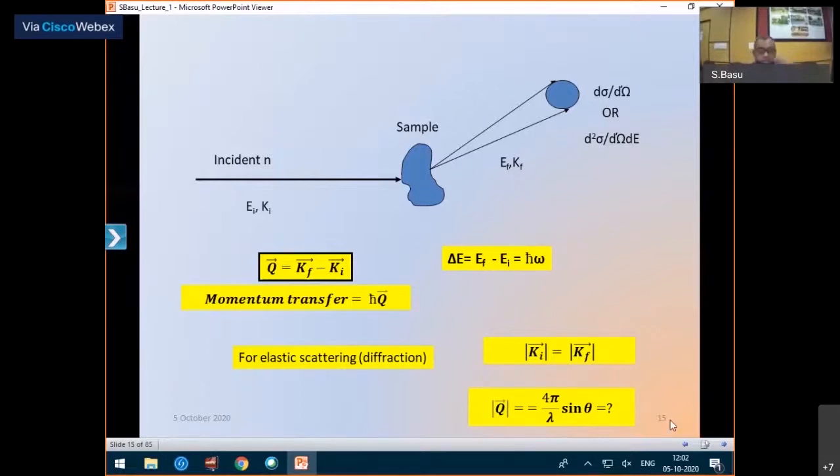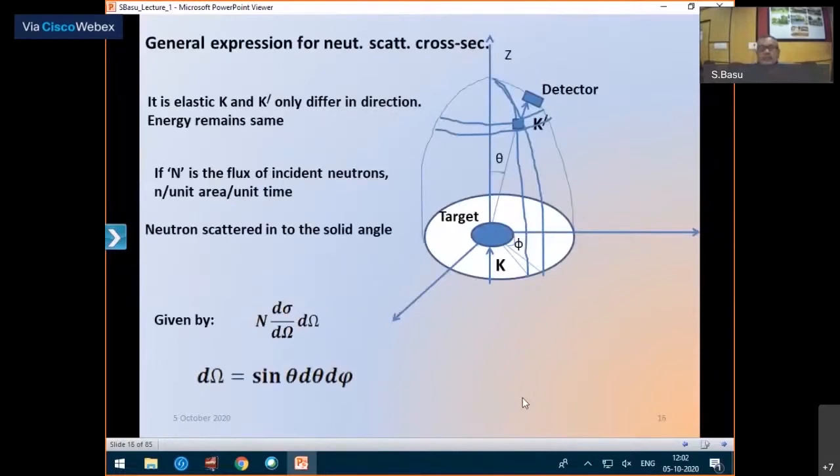So let me try to derive a general expression for the neutron scattering cross section. It is elastic, so I am not talking about any dynamics in the system. If n is the flux of neutrons incident on the sample, and neutrons are scattered inside a solid angle,